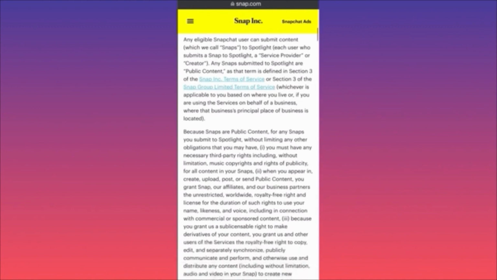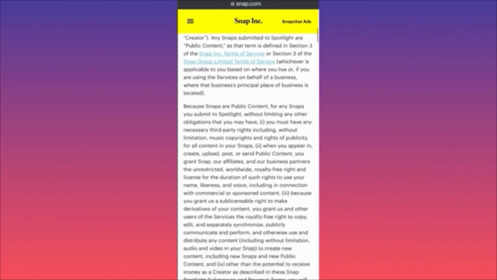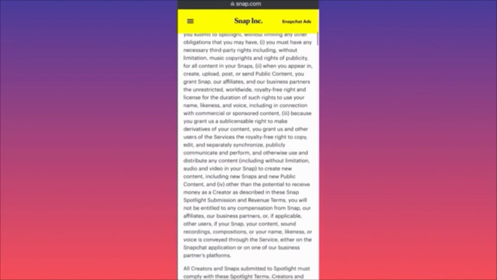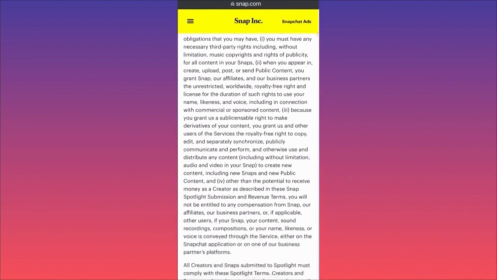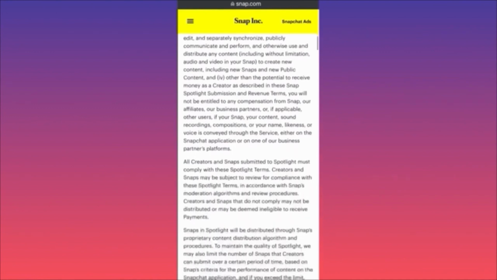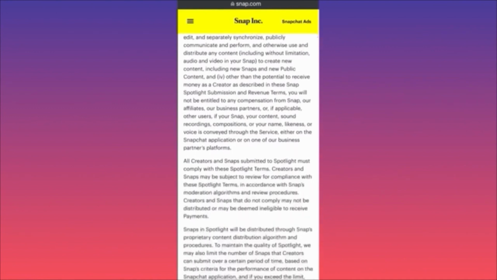If you're using services on behalf of the businesses where your business is principal in place, blah, blah, blah. Because snaps are public content, for any snaps you submit to Spotlight without limiting any other obligations that you may have, you must have necessary third-party rights, including without limitations. So obviously, guys, they're hitting very, very hard on reused content or content that was created by somebody else and you don't have rights to that. Okay,